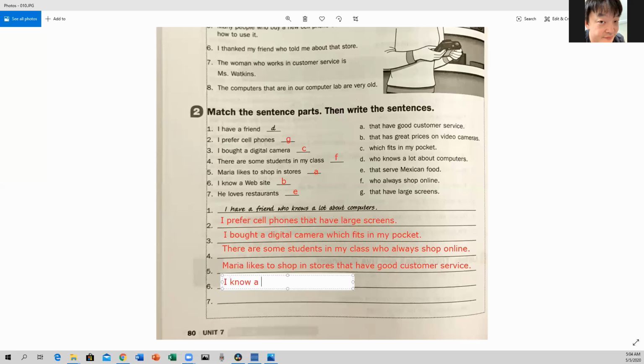I know a website that has great prices on video cameras. And number 7, I'm gonna go down a little. He loves restaurants that serve Mexican food. Okay,